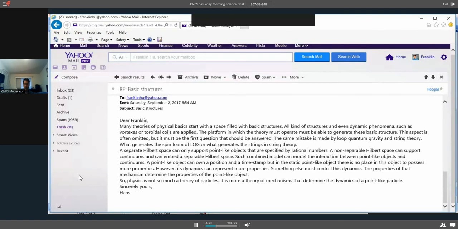Well, what would be the simplest space filled with basic structures? Now, I would think that the most basic thing you could have would be like a particle. Please stop. What do you mean by the most basic space? Presuming that we have a number system. A number system is not space. Stop. What do you mean by basic space? A number system is not space.